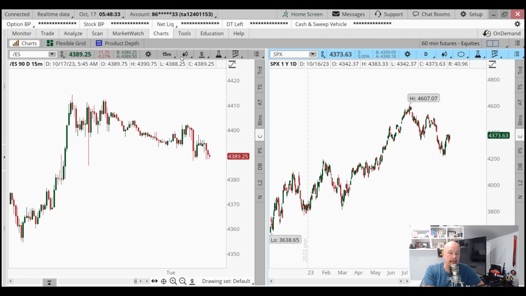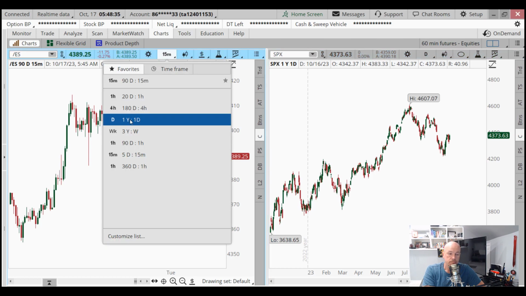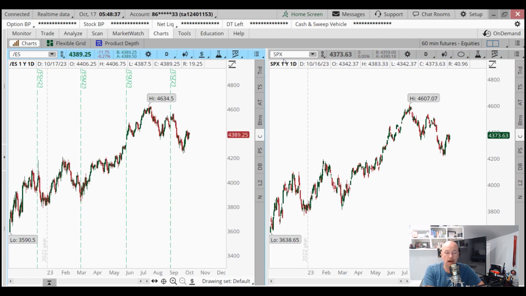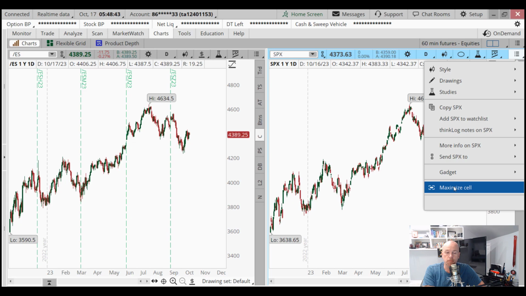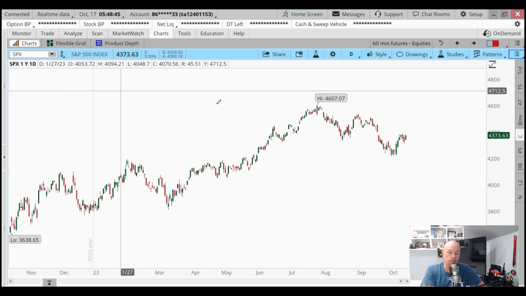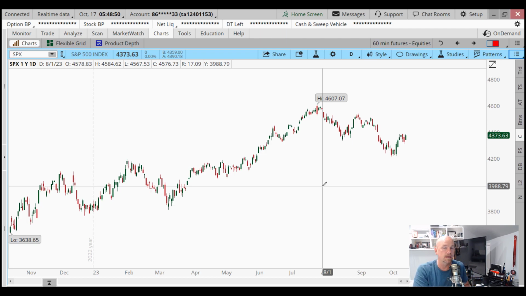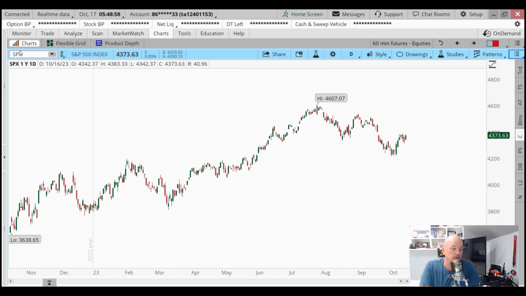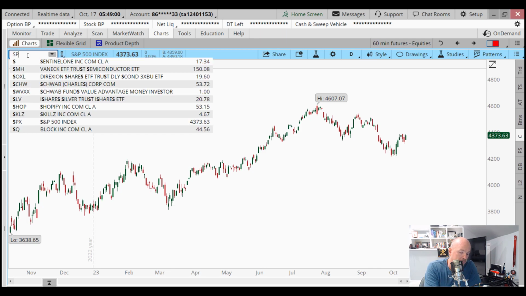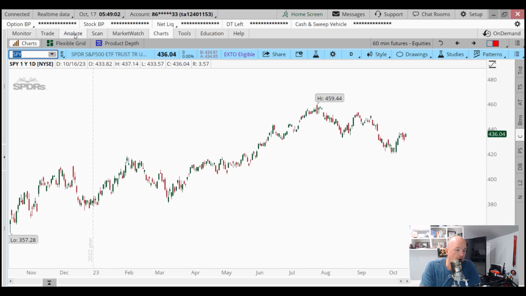So if I'm trading the SPX versus the ES or the SPY, the SPX is primarily going to be used only to trade options, right? I would want to be optionable on the SPX. That would be the advantage of the SPX. Now, why would I want to trade the SPX? What are the advantages of trading the SPX over the SPY when looking at some of these different opportunities? Well, the SPX from an options perspective, if I look at the SPY and I go to my options,